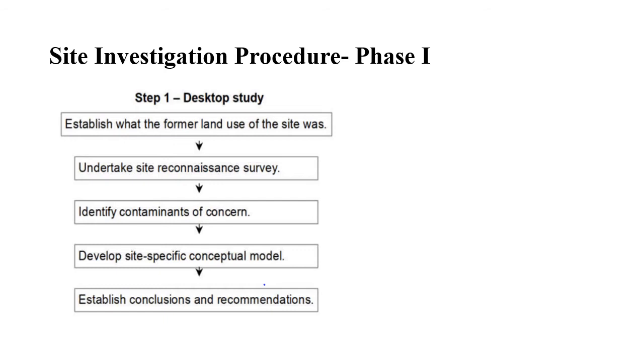With that you can create a model showing the flow from the sources and its pathways, that is, the pathway of the contaminants towards the receptors. That is what a conceptual model will show. Once you have all the historical data regarding this particular land, you will be able to develop a model or a flow diagram which will show you clearly the sources, the pathways of the contaminants, as well as the receptors which have been affected by the contamination.